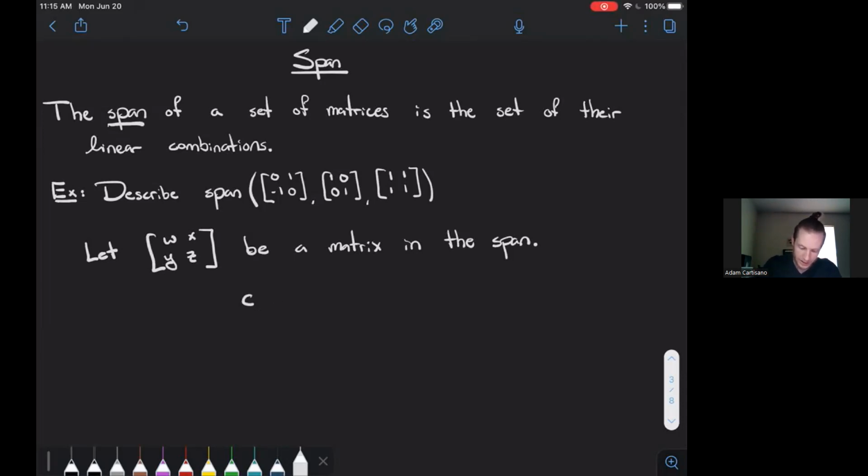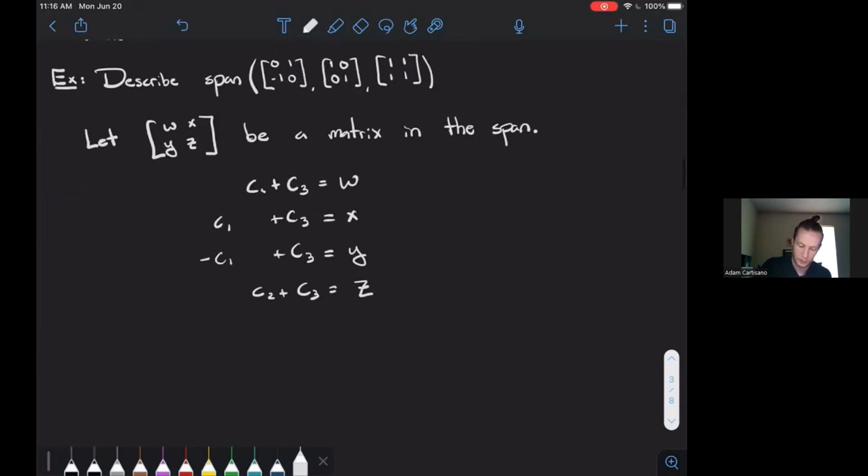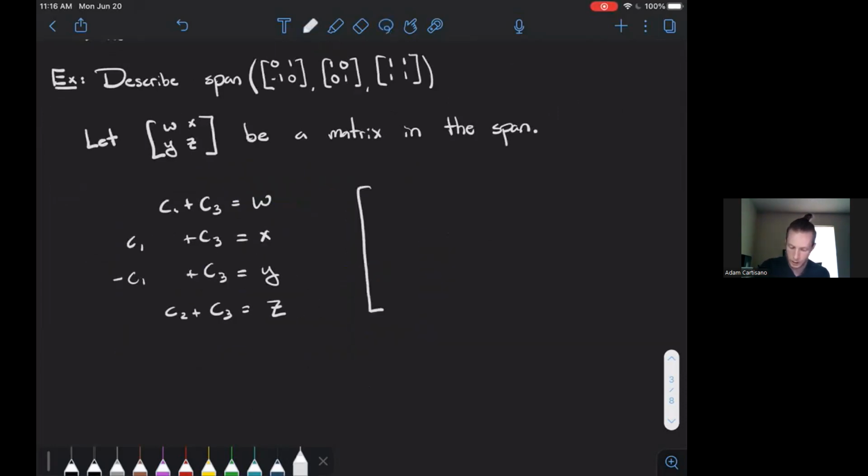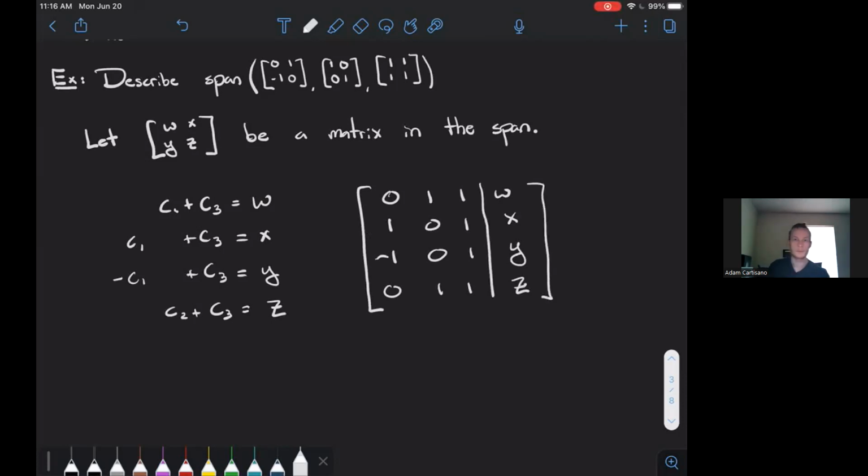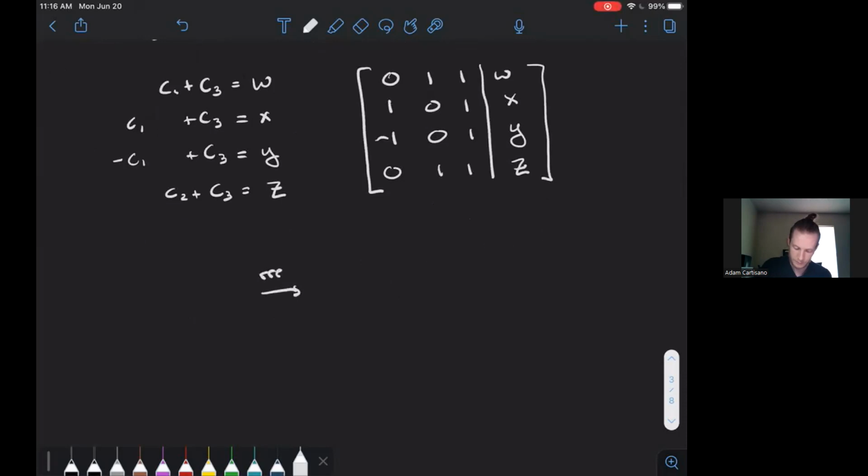C2 plus C3 equals not 1, but W. C1 plus C3 equals X, negative C1 plus C3 equals Y, and C2 plus C3 equals Z. This system of linear equations has augmented matrix 0, 1, 1, 1, W, 1, 0, 1, X, negative 1, 0, 1, Y, 0, 1, 1, Z. Row reducing this is a little bit involved, so you should check this carefully. But when you do, you'll find